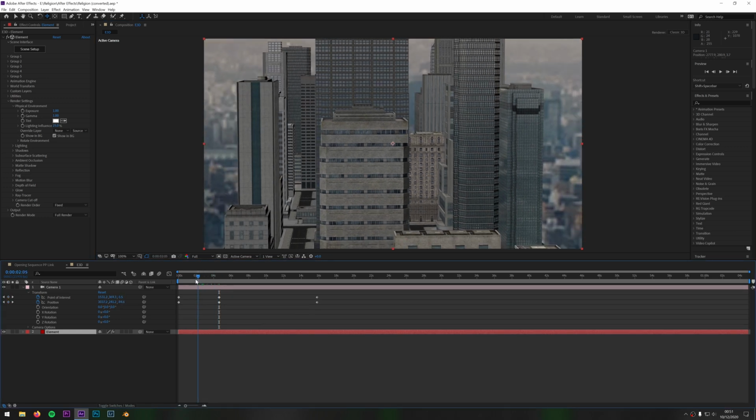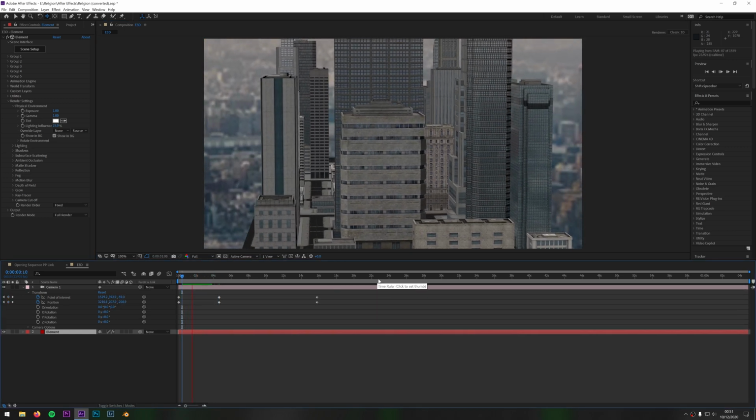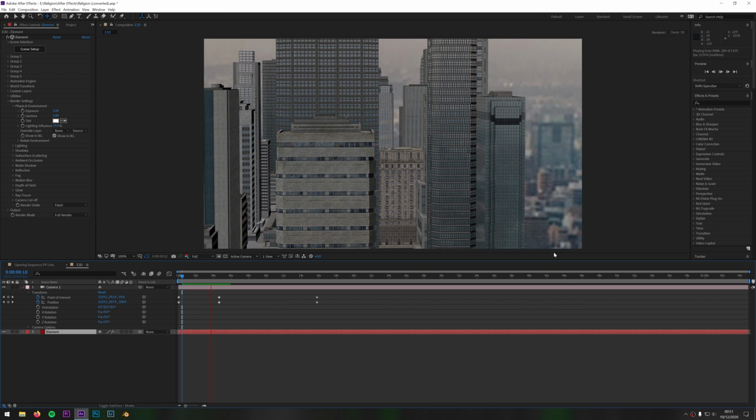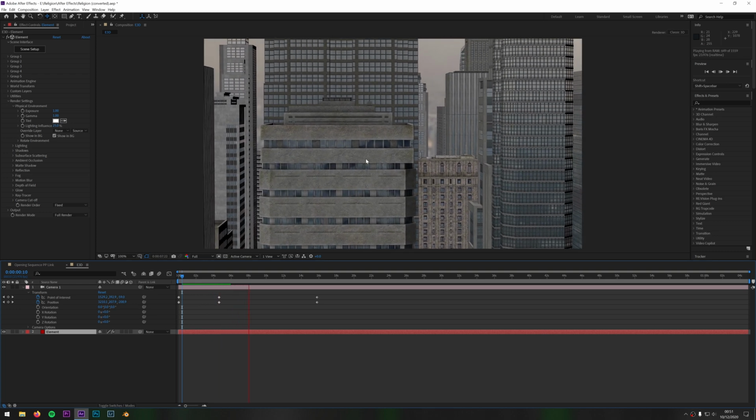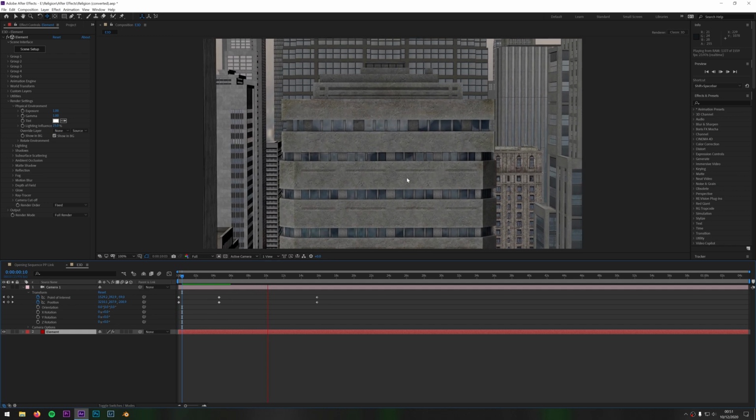And then here you can see now just by moving it across slightly, we create another keyframe and that will go left and it will move into the city. And this is how you create a very, very basic fly through on the city.